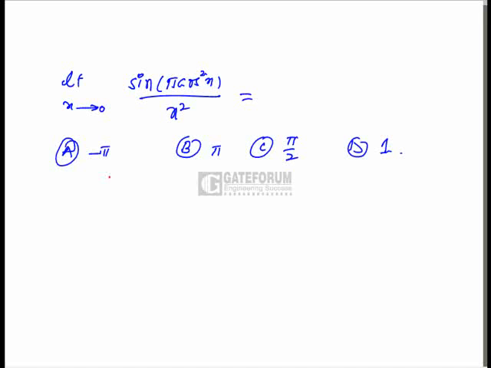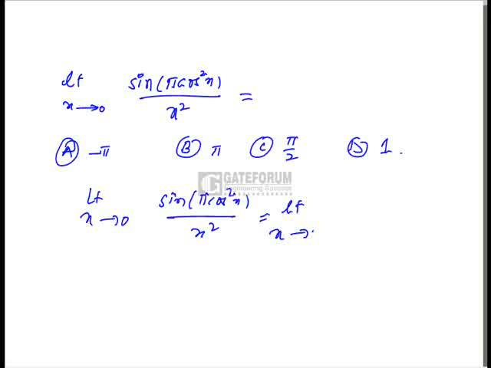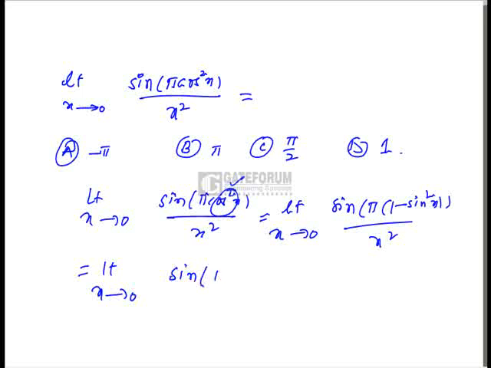The given limit is limit x tends to 0, sine of pi cos square x by x square. We have to evaluate this limit. Now, limit x tends to 0, sine of, I'll convert this cos square x into sine square x. Cos square x can be written as 1 minus sine square x by x square, which can be written as limit x tends to 0, sine of pi minus pi sine square x by x square, which can be written